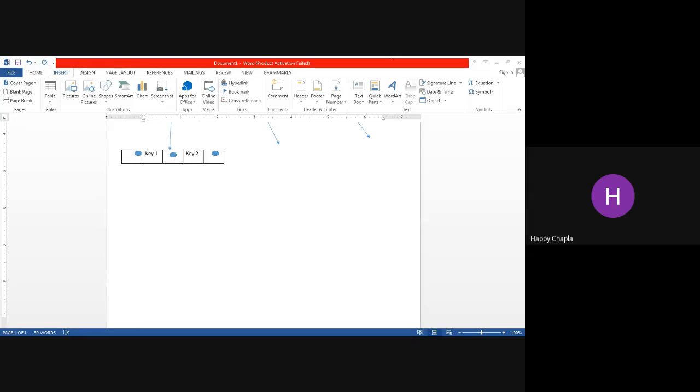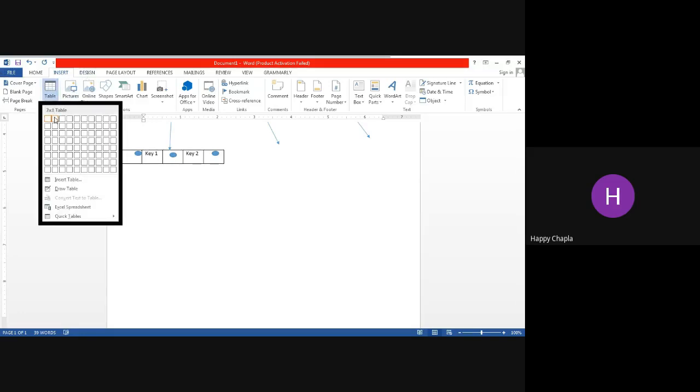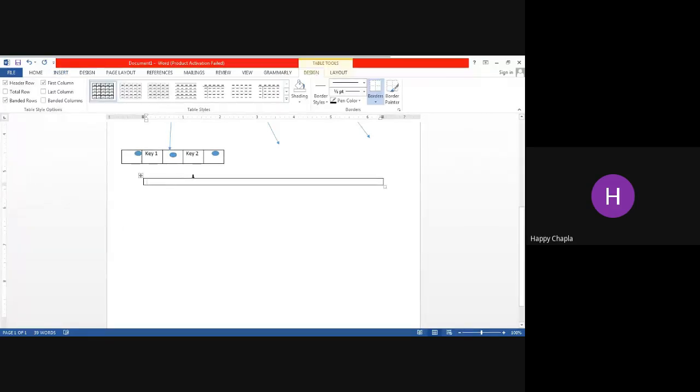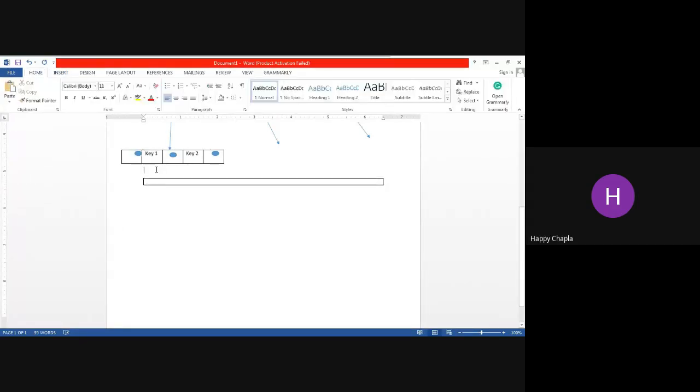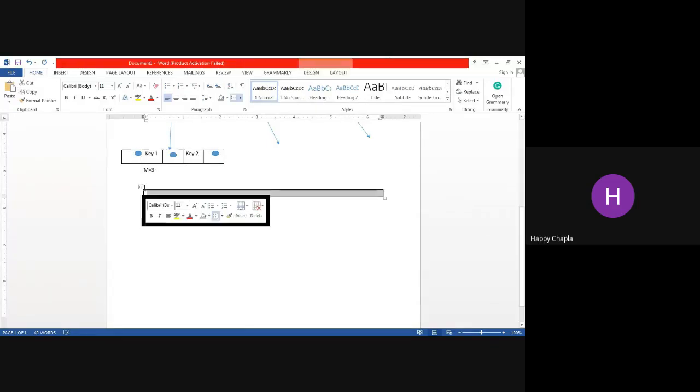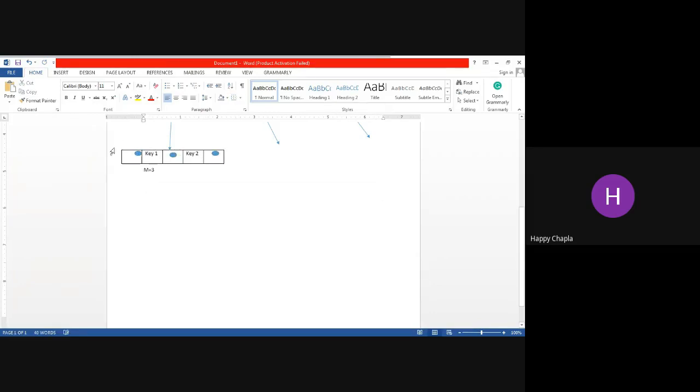Okay, now let's see if we have order of n equals 3, and I want to store the values inside the available nodes. So if we want to insert 4, 2, and 6, how can we insert them?